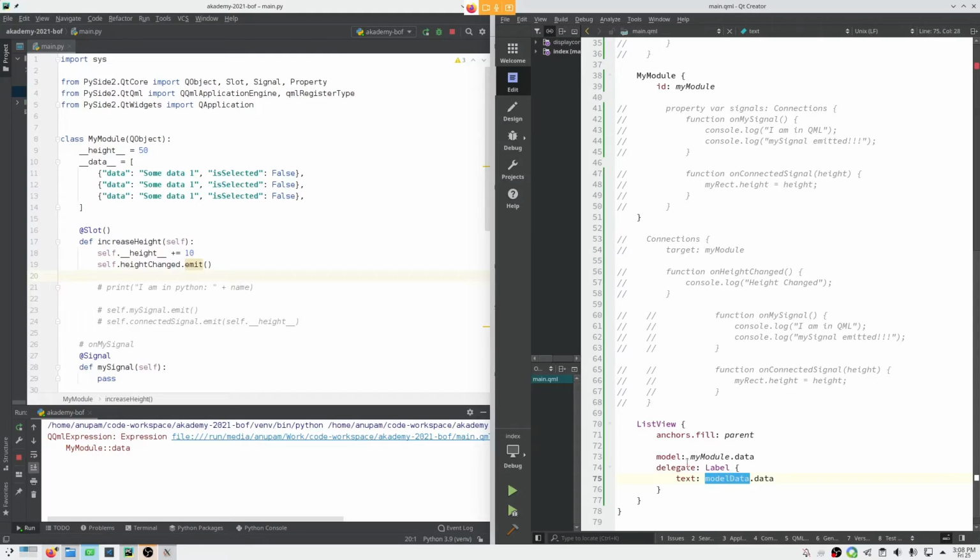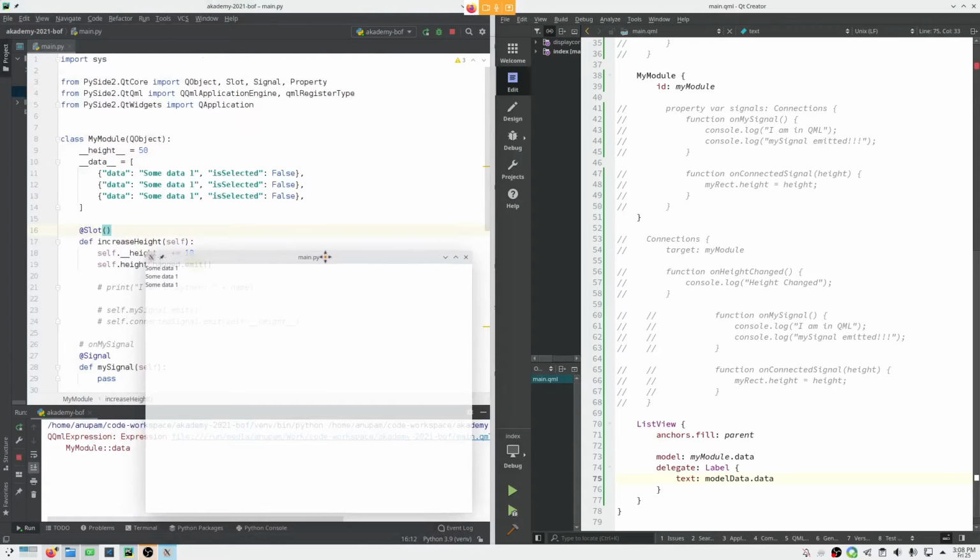So for every instance, it should have the data under the property model data, and since the Python dictionary is getting converted to a JSON object, we will be able to do whatever we do in JavaScript to retrieve those data. And this is as simple as I've written this. Model data should retrieve this data. And when I run this, it already works.